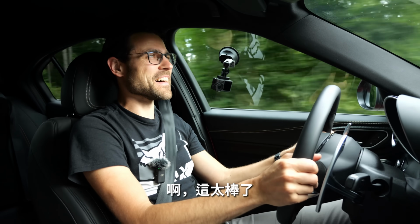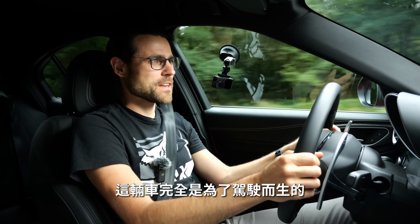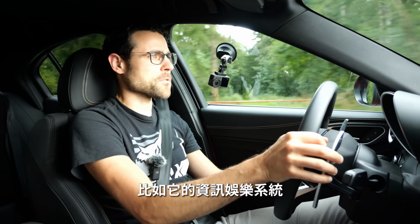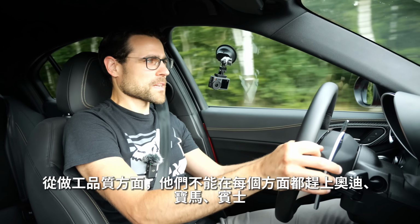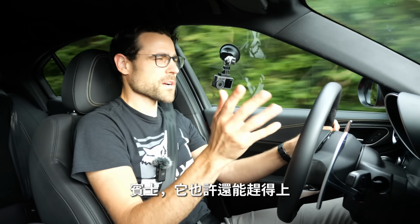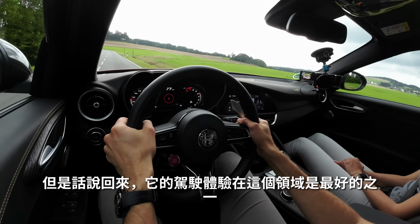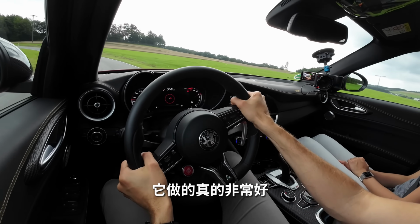Beautiful. This is awesome. This vehicle is all about the drive. And yeah, there are some shortcomings in the interior, like this outdated infotainment system. Build quality-wise, they cannot catch up in every respect, like with Audi, BMW, and Mercedes. With Mercedes, meanwhile, maybe, but especially not with BMW. But then again, the drive is one of the best in the segment, if not the best, because it's so